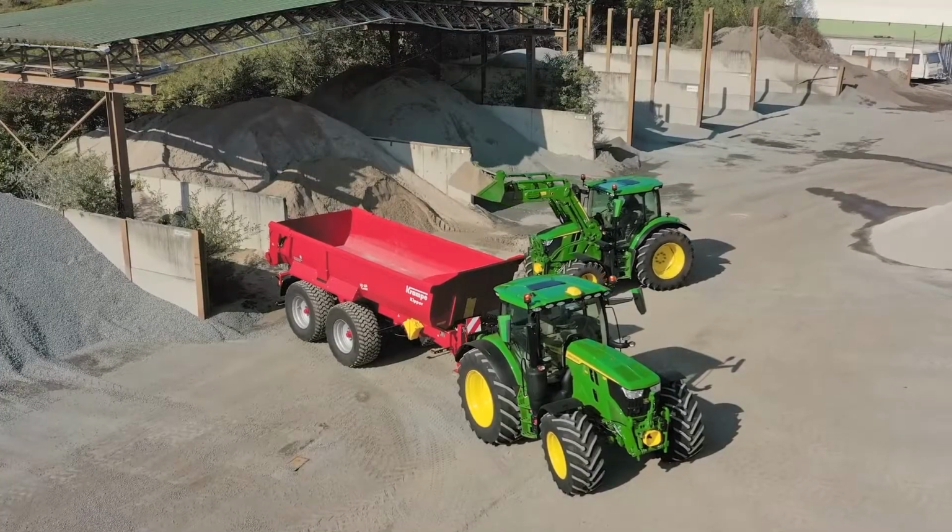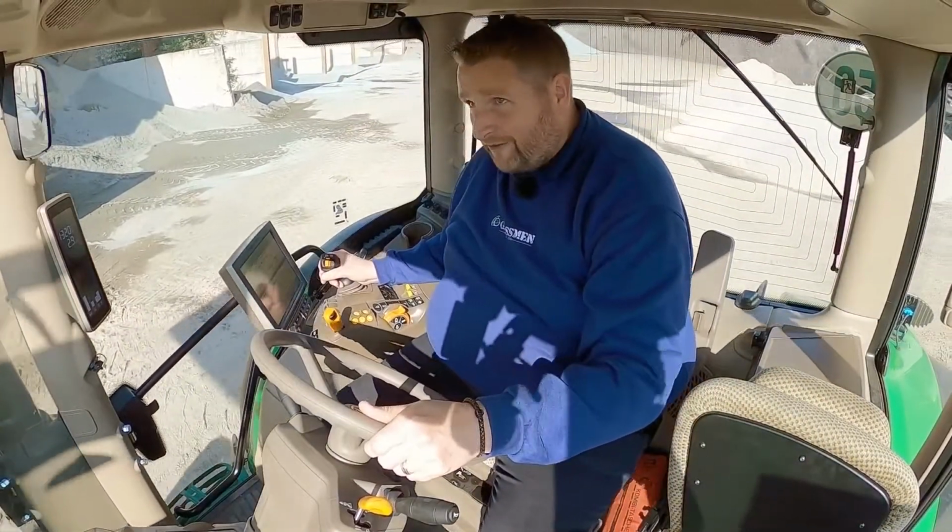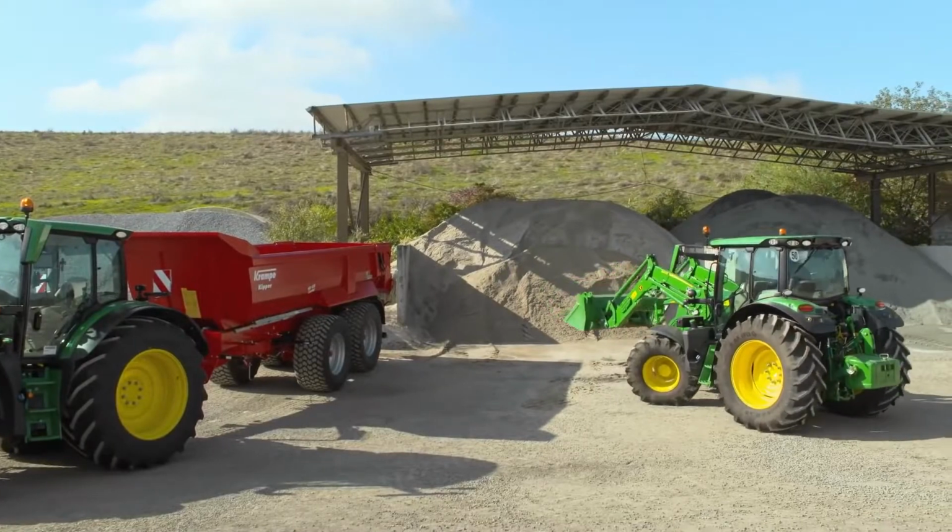So this is the new 6R, everybody. And they put me in a loader. They made me drive a forager, and it wasn't just tomatoes. And now...